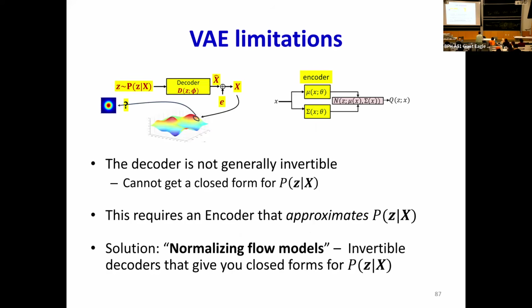But here are the limitations. We needed an approximation, Q, because there was no way of characterizing what the reverse was. If you pass the data back through the encoder or through the decoder, what was the value of Z that gave me this particular X? There was no way of actually characterizing this. But what if I actually put restrictions on my decoder, on my model, so that for any given X, I could go back and find the Z?